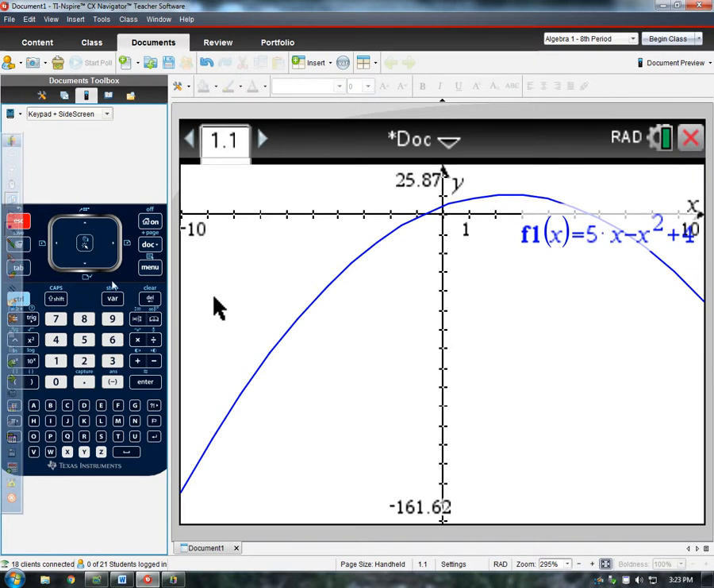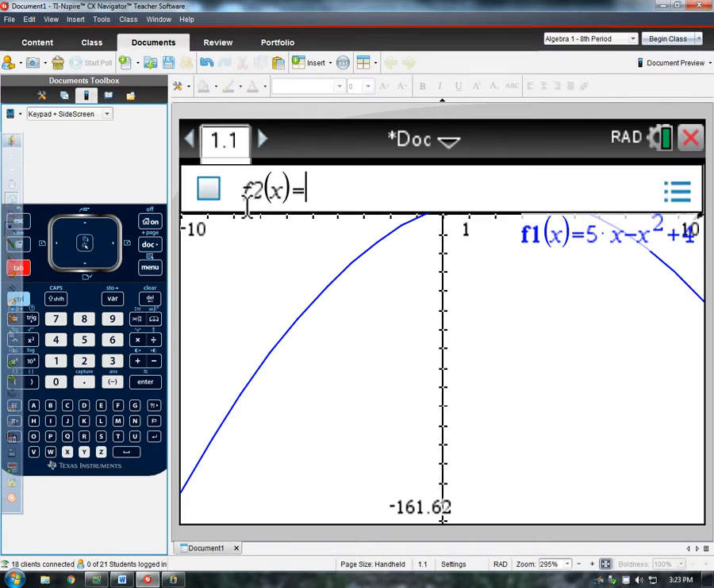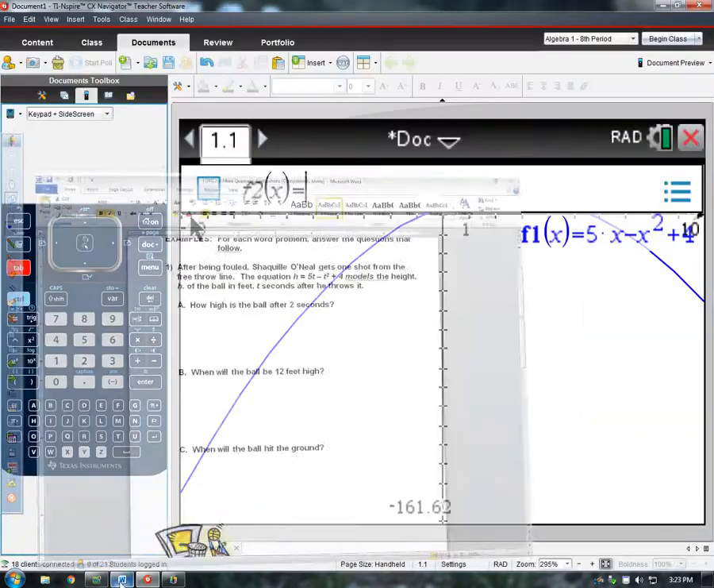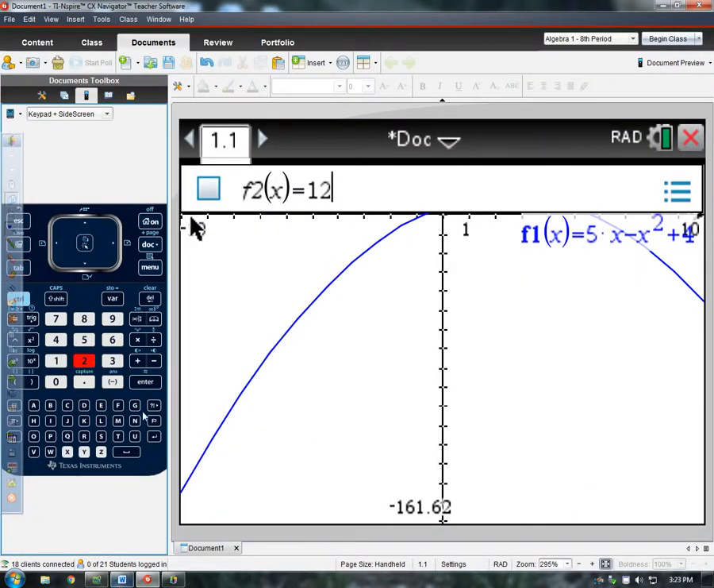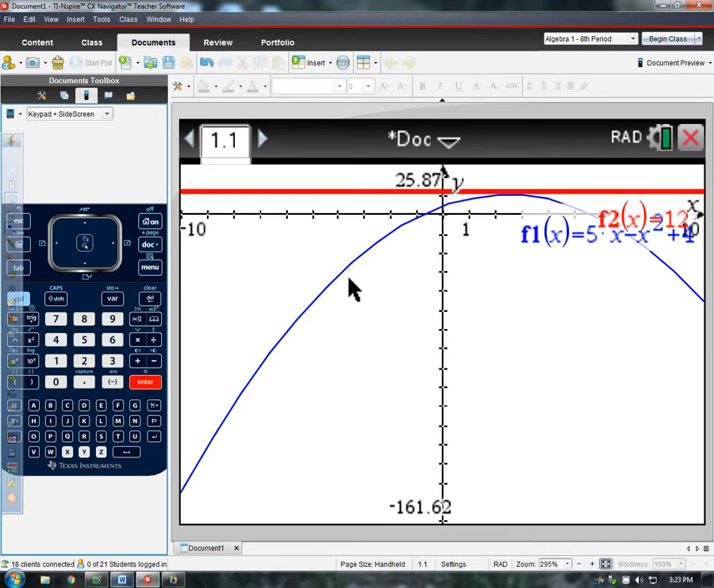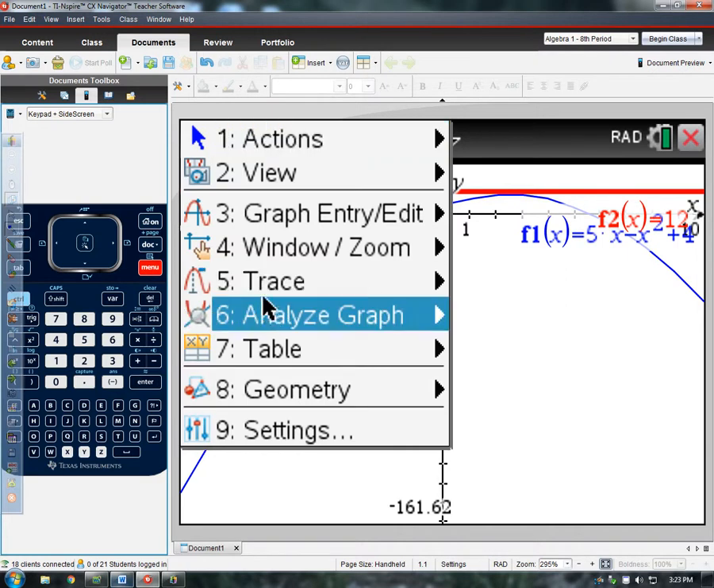Actually, what I'm going to do first is hit Tab. Tab brings up this little bar. I want to know when it's 12 feet high, so I'm going to make my height be 12 feet. I'm forcing it. So when I hit Enter, it gives me this line, and I want to know where these two lines intersect. So I'm going to go to Analyze Graph,